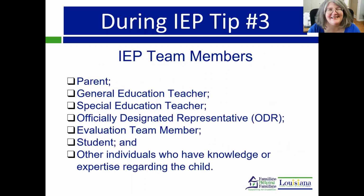IEP tip number 3, the IEP team members. Before the meeting starts, make sure the required team members are present. If there are people you don't know, ask for introductions. IDEA states the following are team members: the parents of a child with a disability, not less than one general education teacher if the student is or could be participating in the general education environment, not less than one special education teacher, or where appropriate, not less than one special education provider,